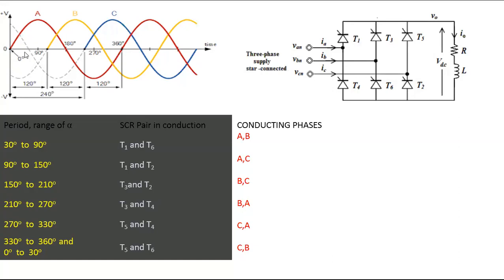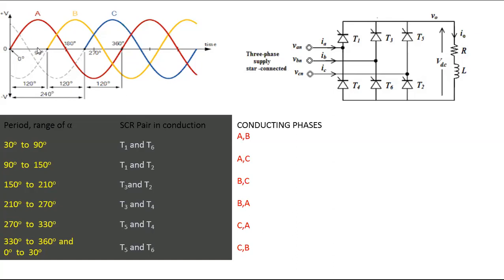Case 1: when the input supply range is between 30 degrees to 90 degrees, the positive cycle is entirely dominating. So for 30 to 90, first observe above the x-axis. Above the x-axis, how many waveforms are present? Anyone tell me, 30 to 90. You can see the A waveform and a little bit of the C waveform, extended. Can anybody see the B waveform between 30 to 90?